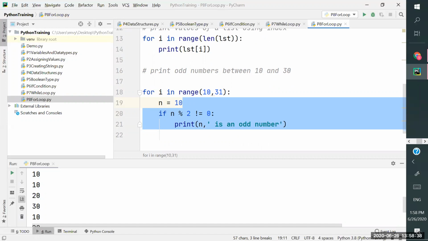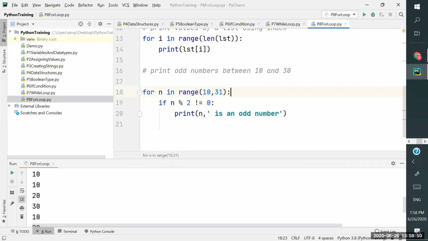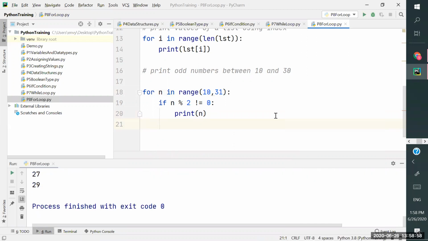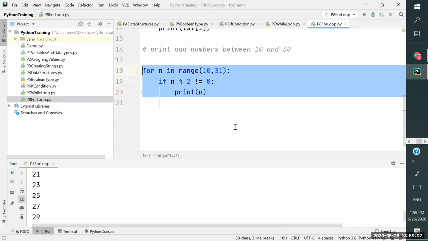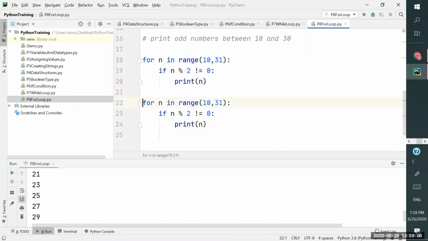That is a shortcut I've used, don't get confused. Select line and then press tab. Here I will use n, that will be easy for us. So this is going to print odd numbers between 10 and 30. That's what it does. There is another way by using the incrementation technique. In case that's not the usual technique, I wanted to explain to you how incrementation works.